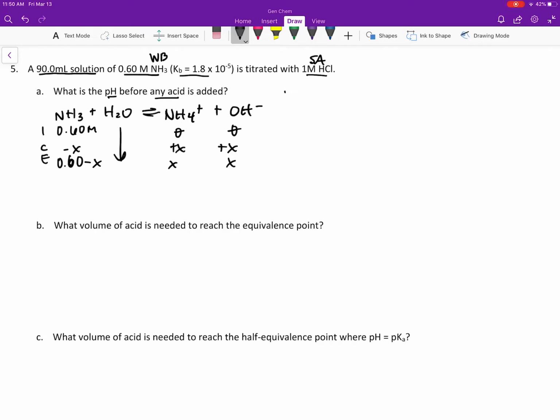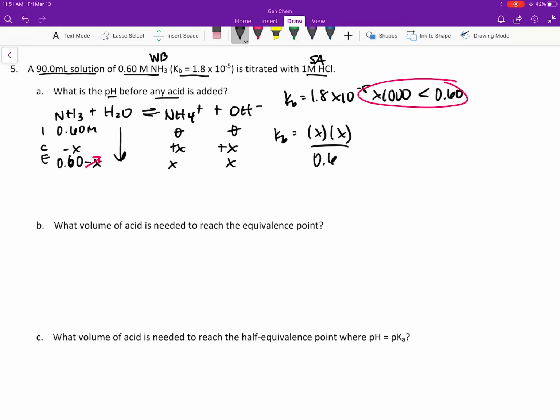Now I'm going to take my Kb, multiply it by 1,000, and we're going to see that this is still less than the 0.6 molar, which means we can ignore the minus x there and just plug this directly into my products over reactants expression